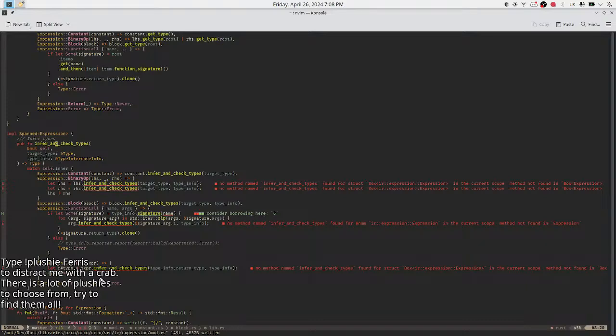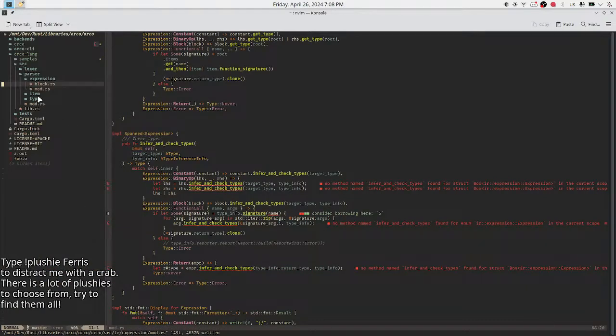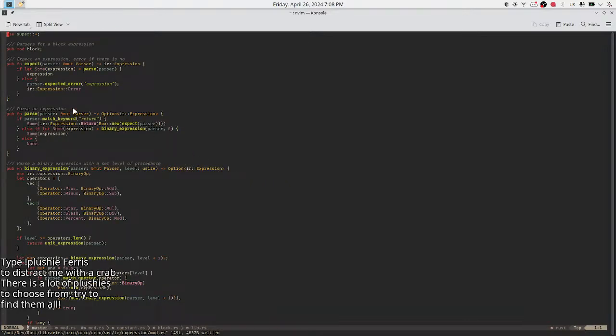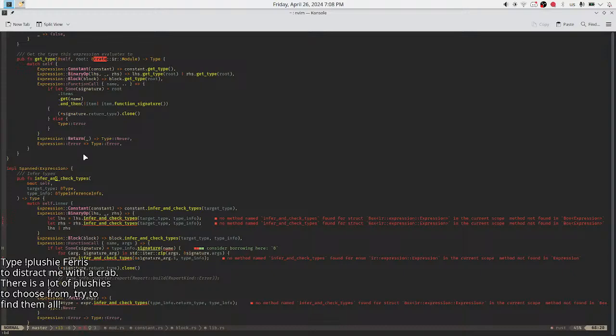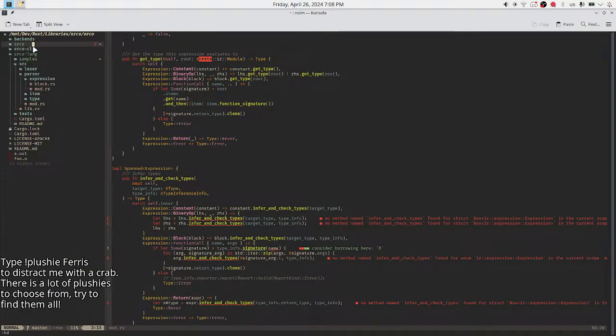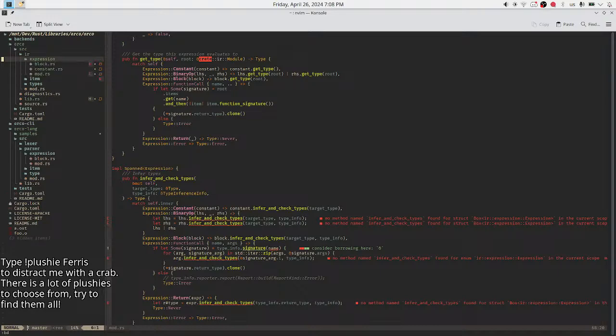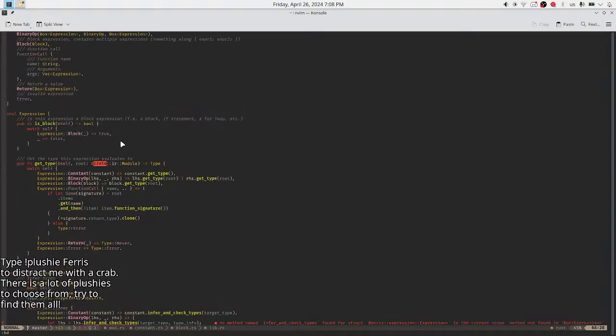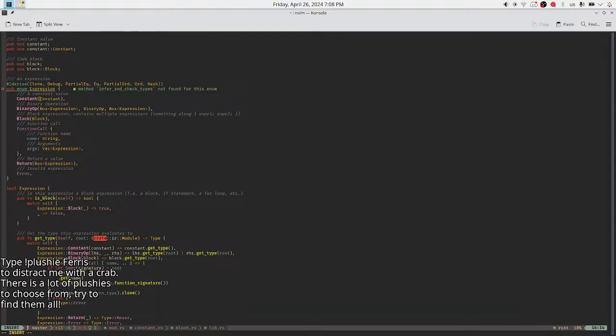So I need to make all expressions spanned, which is a pain, obviously. Thankfully, I'm doing it at a very early stage, and it's the wrong file. I need here in IR expression. Oh, I moved it here. So constant is constant. I guess this will have spanned expressions.